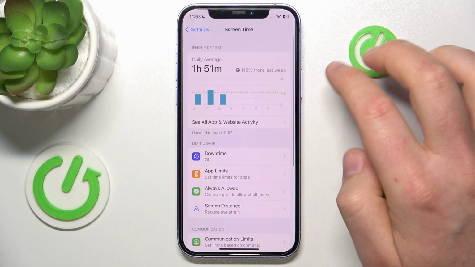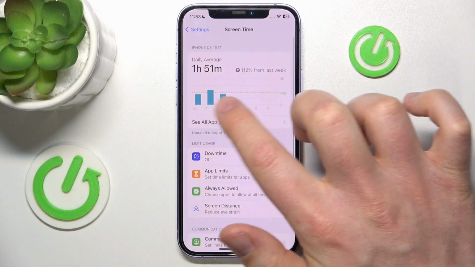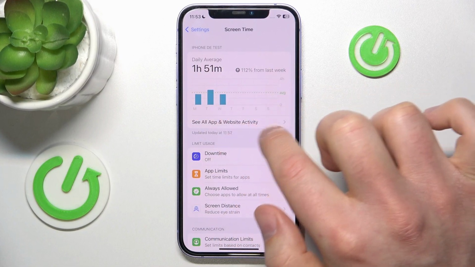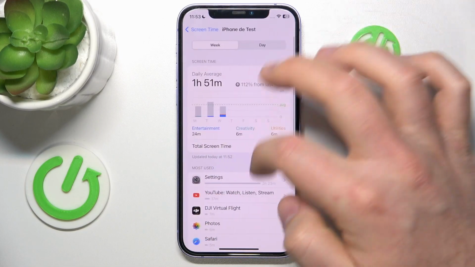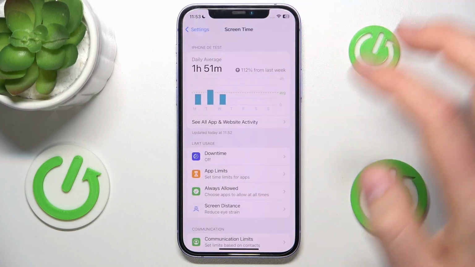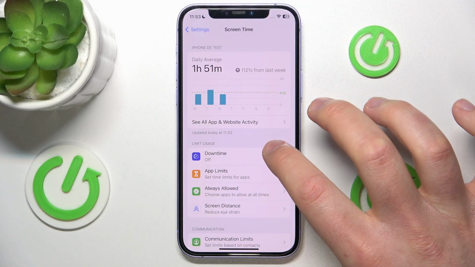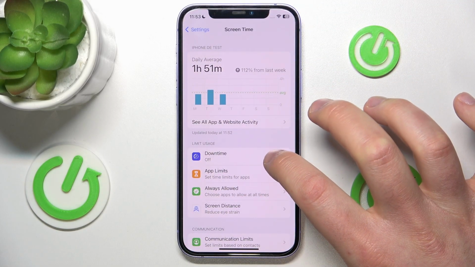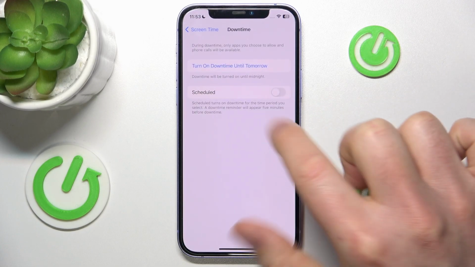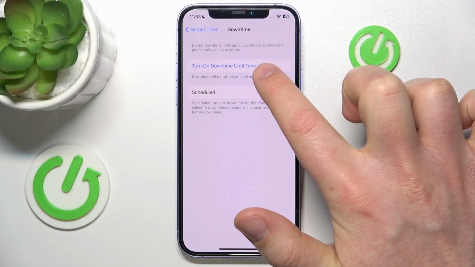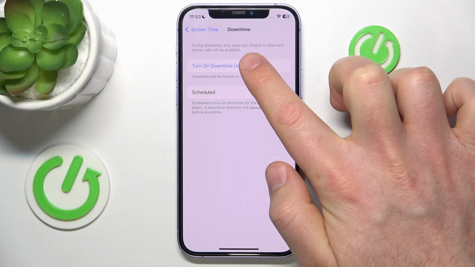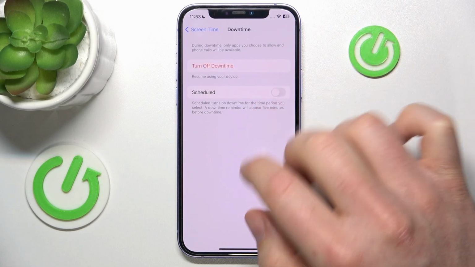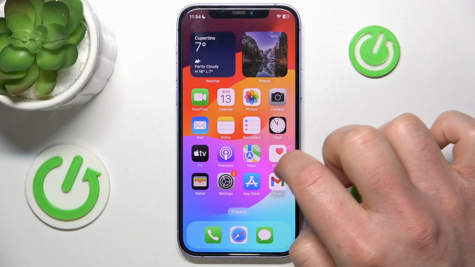Once you're here, as you can see, you have your daily average and see all app and website activity, how you can check it, where you can check it, and also here is the downtime. So as you can see, you can turn on downtime until tomorrow. And what is downtime? So let me just turn it on, and now as you can see,